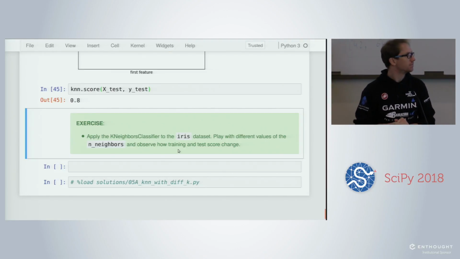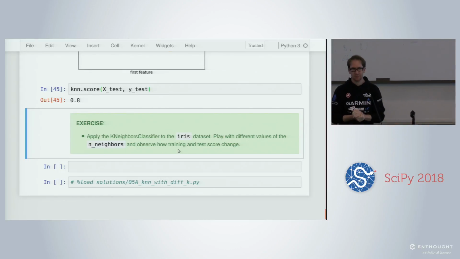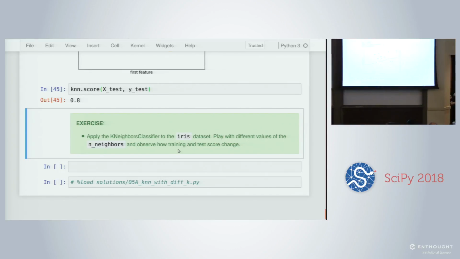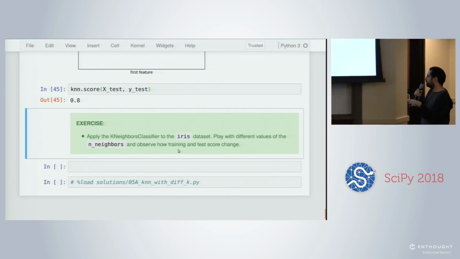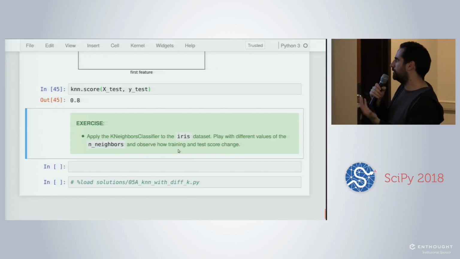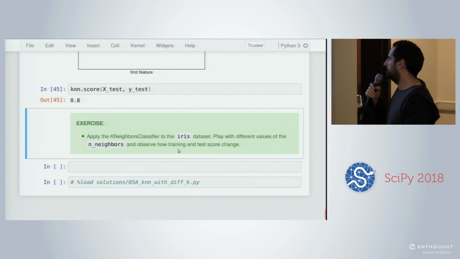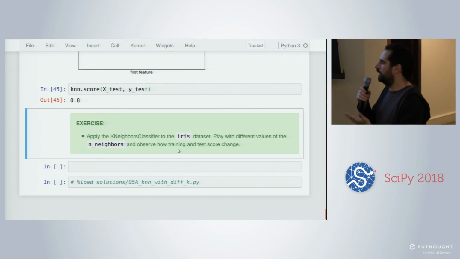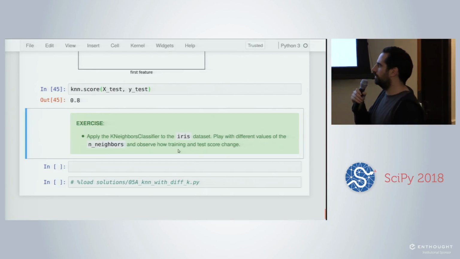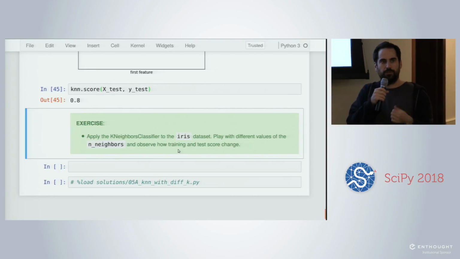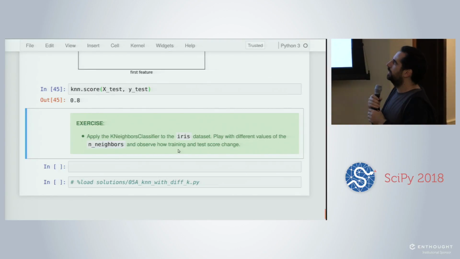So there's basically a trade-off in model flexibility. If the model is too flexible, it will memorize the noise. But if the model is too constrained, too smooth, then it might not be able to capture the interesting part of the distribution of the training set. So there is this trade-off in model complexity. Most of the scikit-learn machine learning models have hyperparameters that can control the complexity, the flexibility of the model, and we need to adjust that to find the best value.